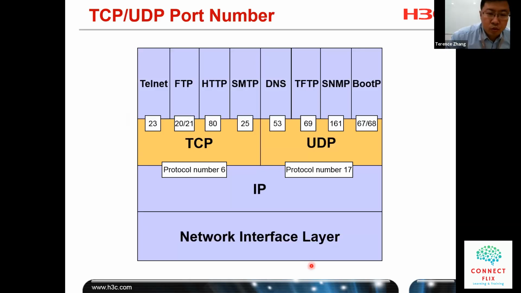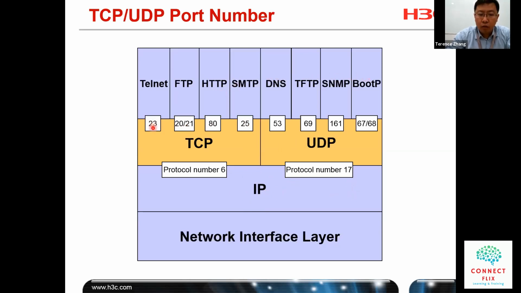And on this one, TCP UDP port number. So we also see this structure, right? Layer 2, the IP protocol uses the protocol number to distinguish the upper layer, to distinguish different protocols. For example, ICMP is 1, TCP is 6, UDP is 17, OSPF, we will learn it later, OSPF is 89. So they are all based on the IP layer protocol. For TCP and UDP, they use port numbers to distinguish different applications,